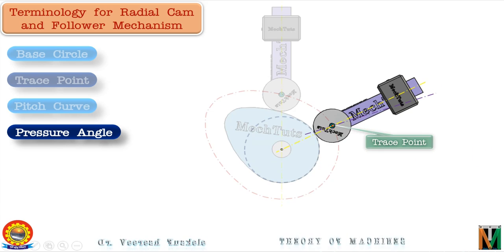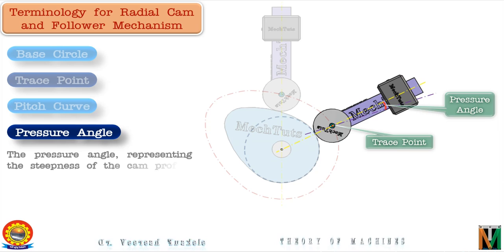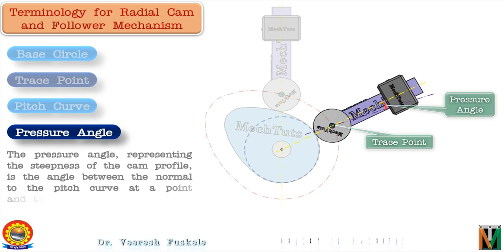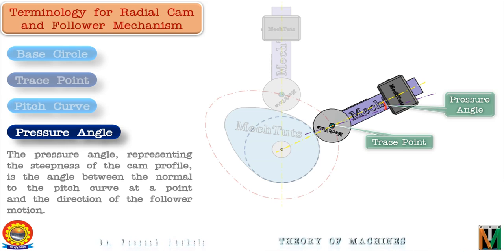So let's come back to the original figure. This angle between the direction of the common normal, that is the direction of the normal contact force, and the direction of the follower movement is what we call the pressure angle phi. And for the smooth movement of this follower, this angle should be less than the allowable value. Pressure angle will keep on changing depending on the cam profile, and for the roller follower, that is the translating follower, the maximum allowable pressure angle should be less than 30 degrees, and for an oscillating follower this value should be less than 45 degrees.